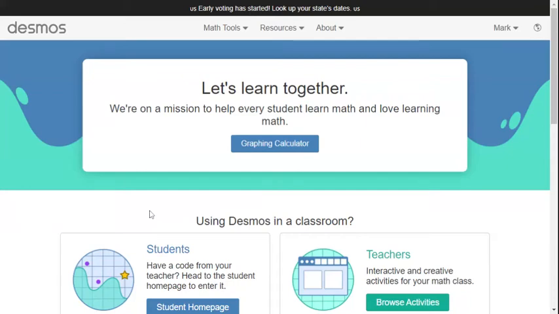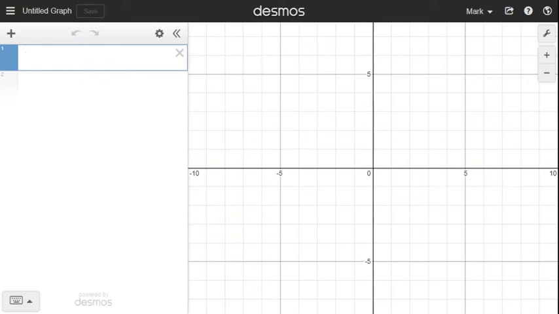All right, this tutorial is going to show you how to use the Desmos.com graphing calculator to graph and investigate a quadratic function in vertex form. So go to Desmos.com, click on graphing calculator, and now we're in the tool. We're going to enter in our function. Let's call this f of x